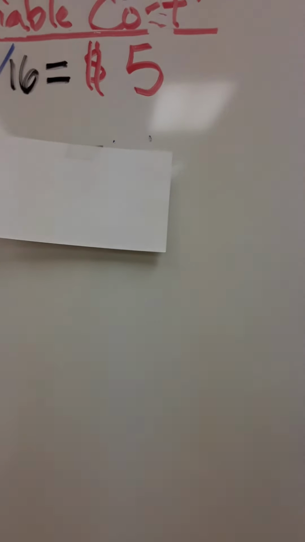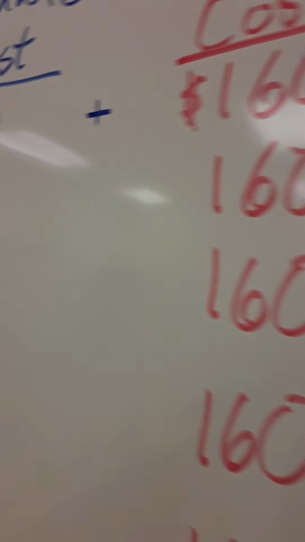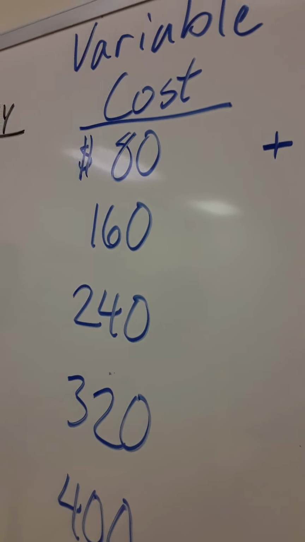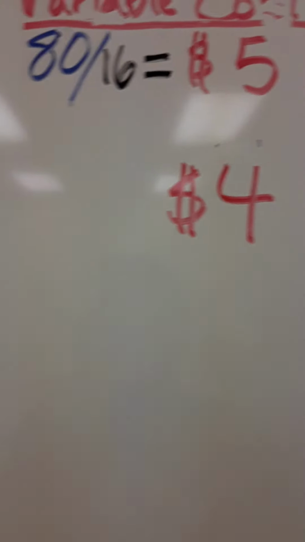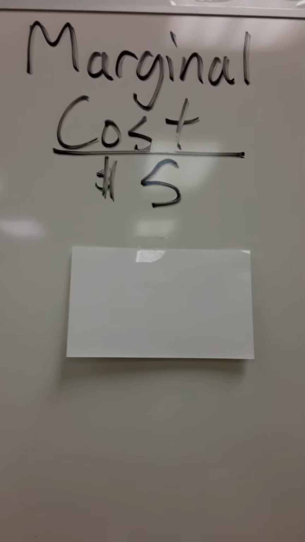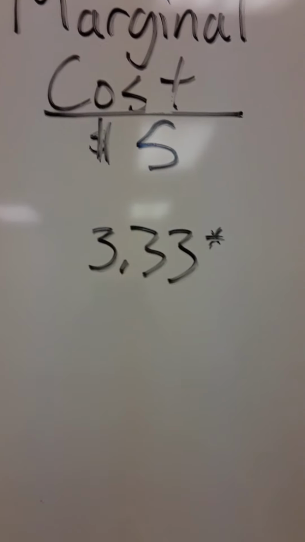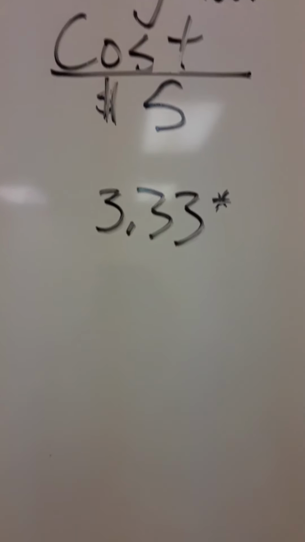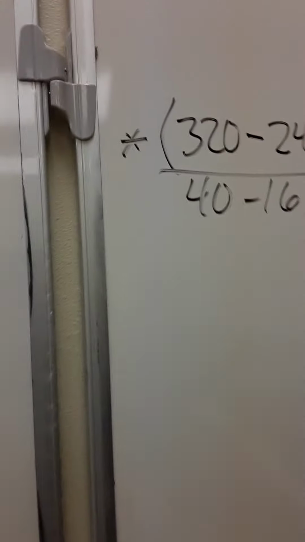Average variable cost takes the variable cost of 160 and dividing it by the quantity of 40 to give us $4. Now, the marginal cost is we have $3.33. So as you can see, I put a little note here that we go over to here, and we